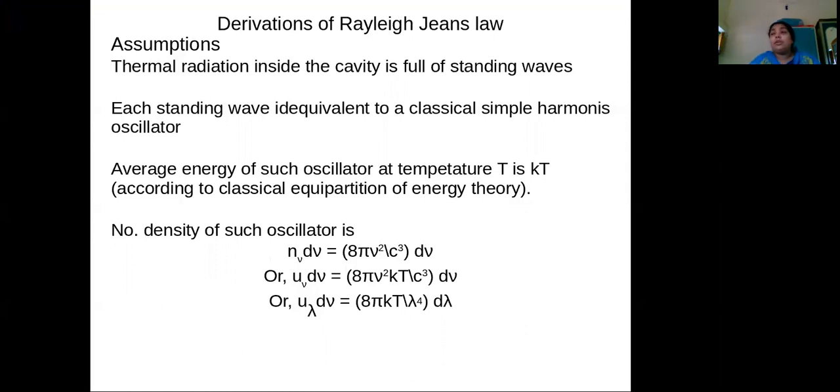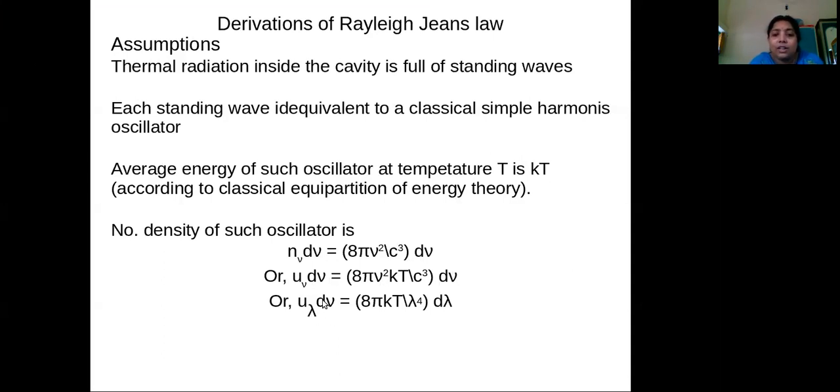Now if you use p equal to h by lambda there, you will get this equation. So its derivation is not necessary for now. Just remember the formula. N(nu) d nu is 8 pi nu square by c cube d nu, and multiply it by kT. So you get u(nu) d nu. We get 8 pi nu square kT by c cube into d nu,